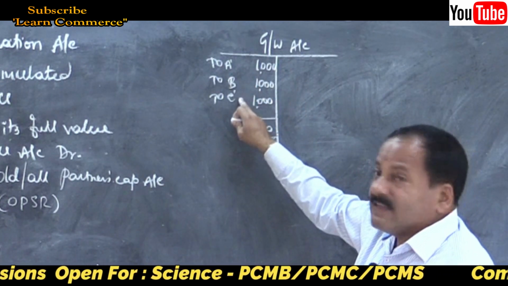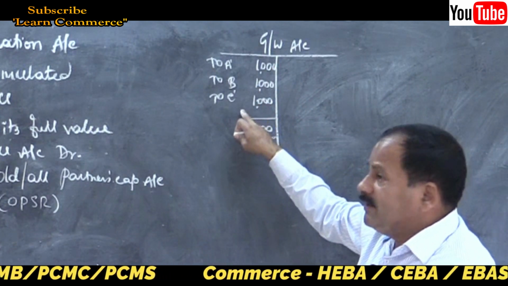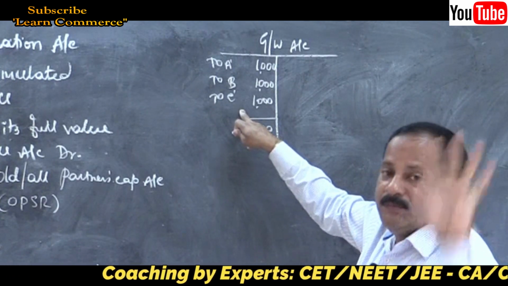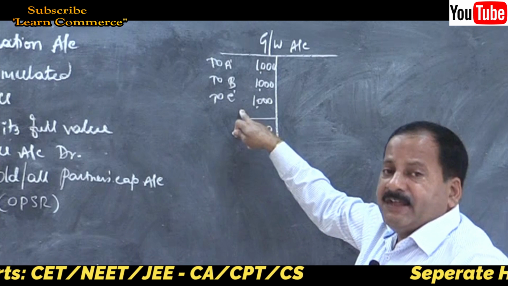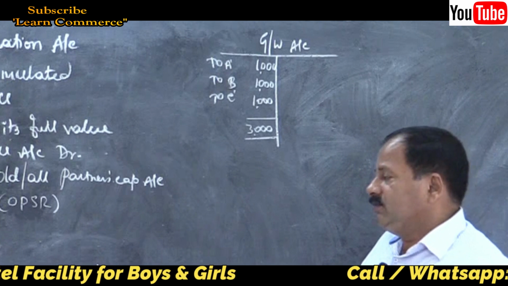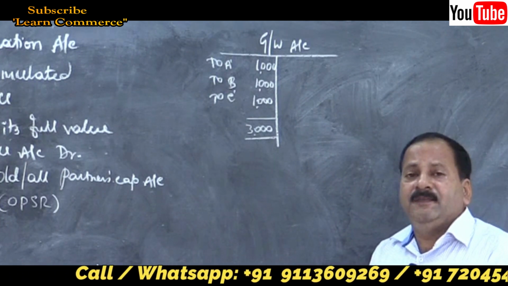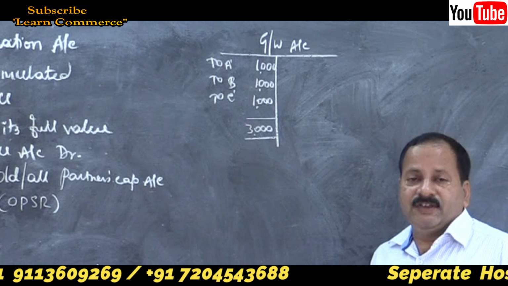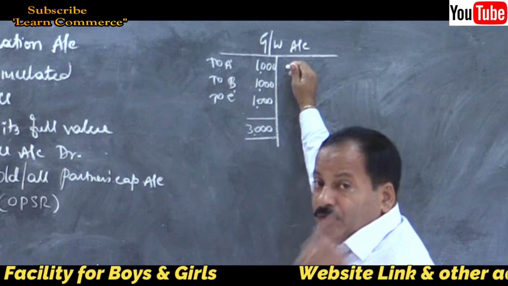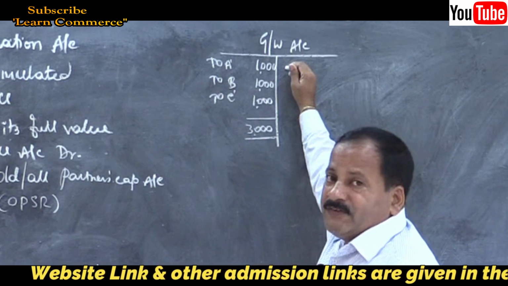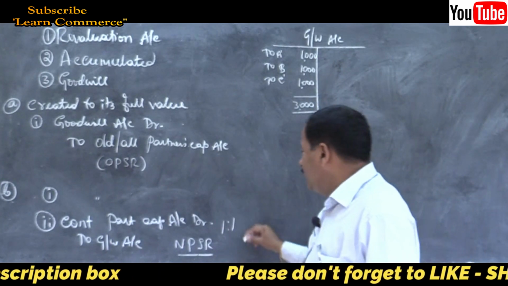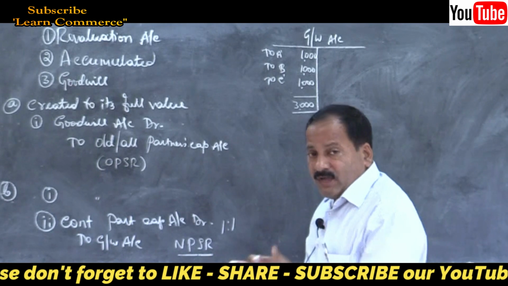First entry remains as it is: goodwill account debtor to all partners' capital account, including the retiring partner, in their old profit sharing ratio. Let us assume their new profit sharing ratio also will be 1:1. After retirement, the continuing partners decide to share in equal proportions, 1:1. Then we will debit continuing partners' capital account in their new profit sharing ratio, 1:1. Remember, 1:1 means 1/2 and 1/2, half each.